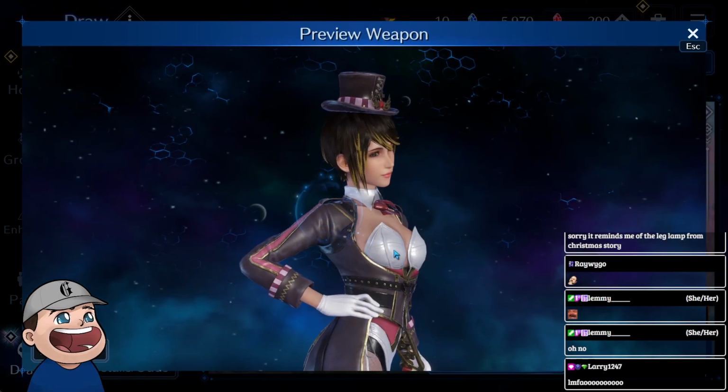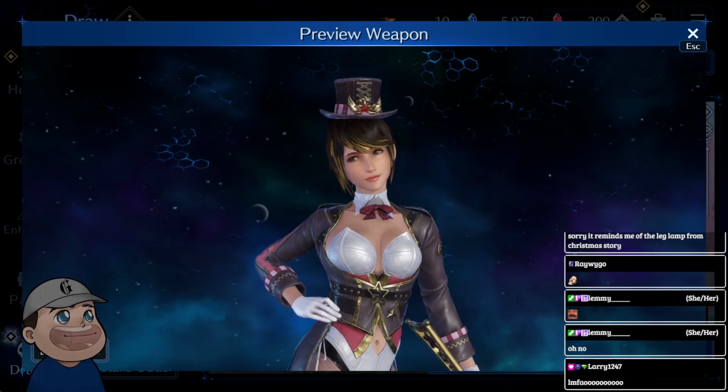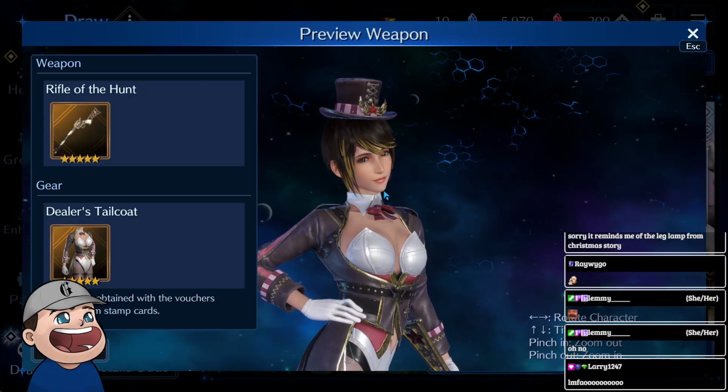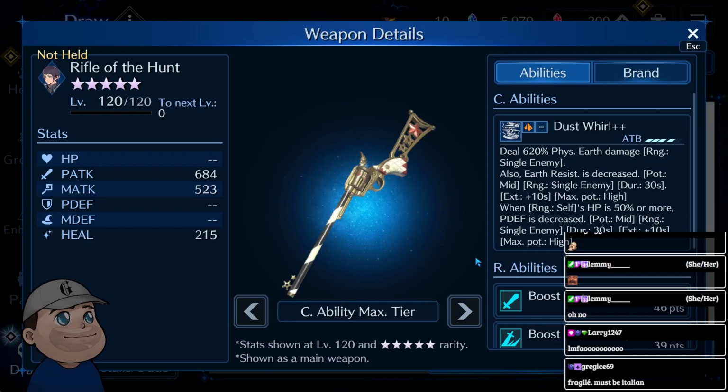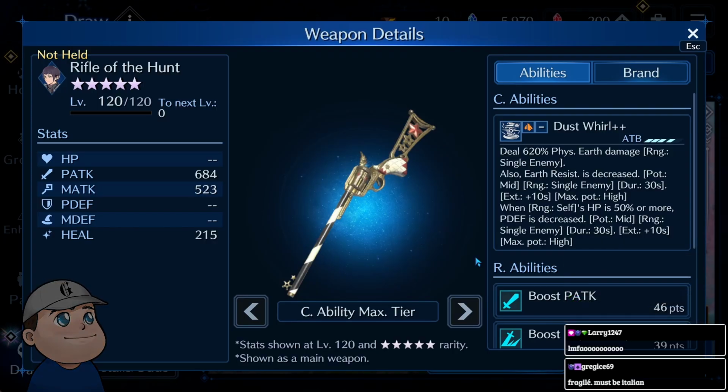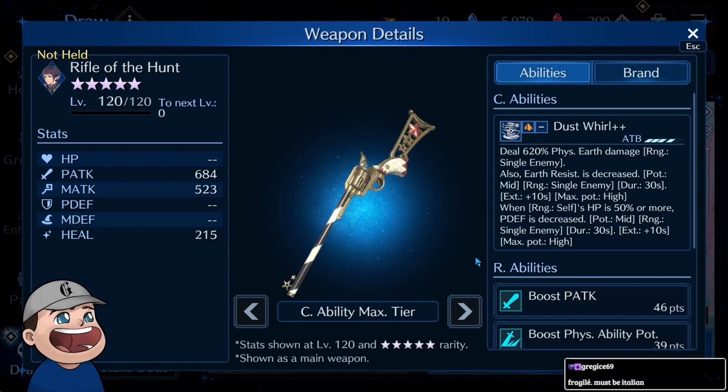Oh God, I like Lucia as a character too. And I really wanted to have an outfit for her that was good, that I could invest in. All right, so I mentioned, Fragile must be Italian. Yeah, it's Earth. So I mentioned during the Odin fight and during the guild battle